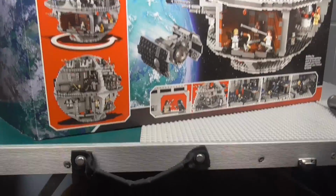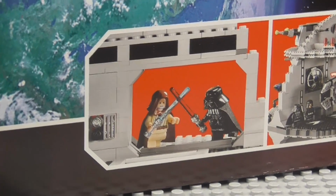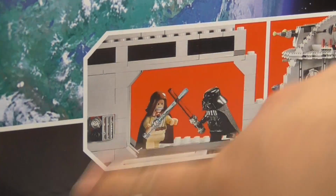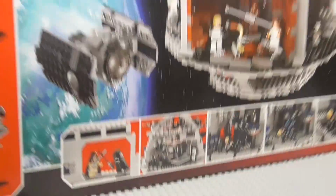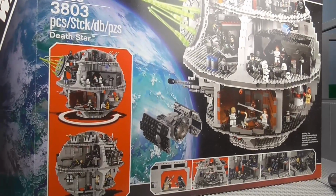Oh, apparently they do have that scene. My mistake, but that's not really part of it. Apparently it's just sort of like a window. I'm not quite sure, but whatever, apparently they did try to incorporate that scene. But anyway, that is it then, I guess, for the box, and that is also it for